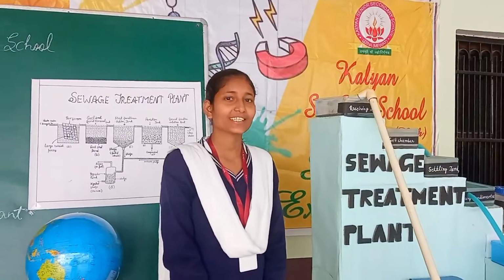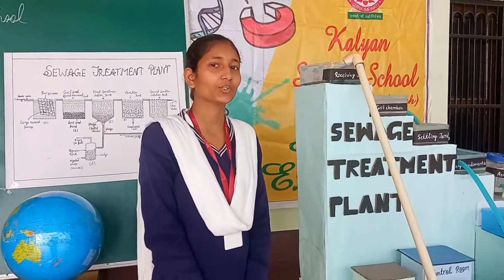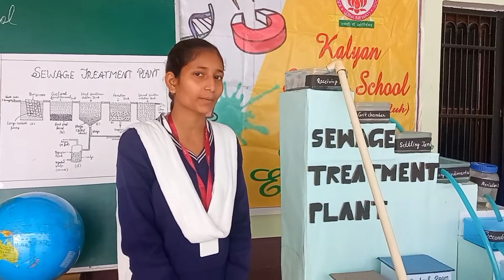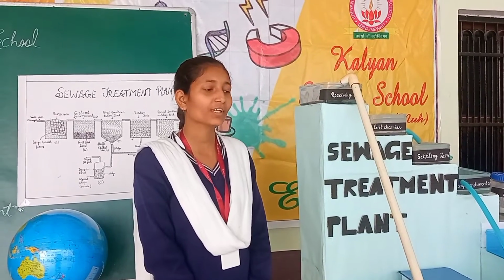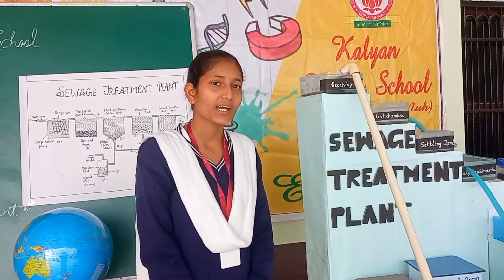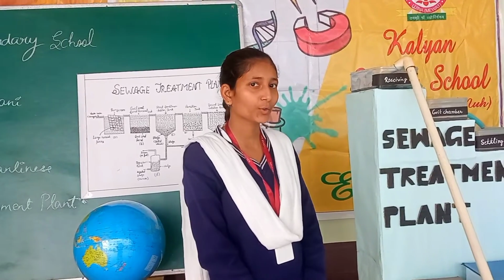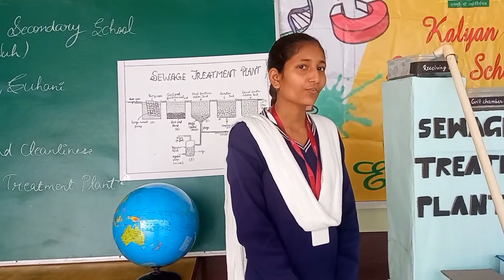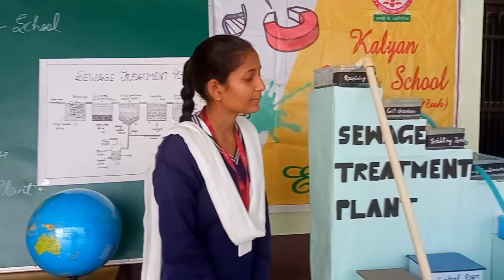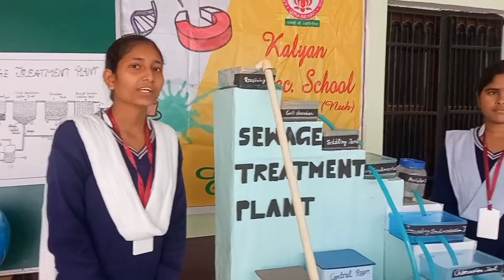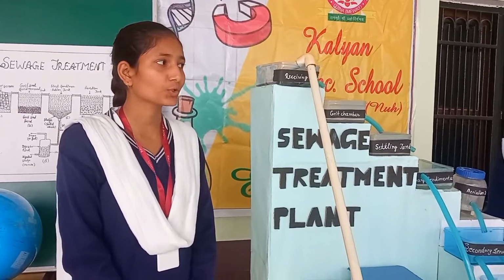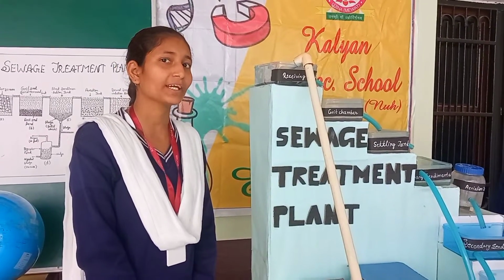Introduction. Water is essential for life to exist on the earth. During its uses in the industries, domestic uses and many other purposes, water gets contaminated with harmful substances and germs. Our earth is known as the blue planet due to the excess presence of water on it. In view of this, an eco-friendly working model called sewage treatment plant is developed. We can't use wastewater for drinking, cooking, bathing and other purposes, but it should not be wasted. It can be cleaned and made usable.